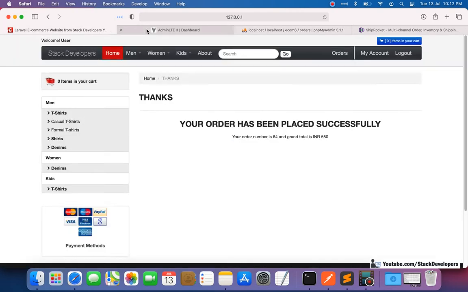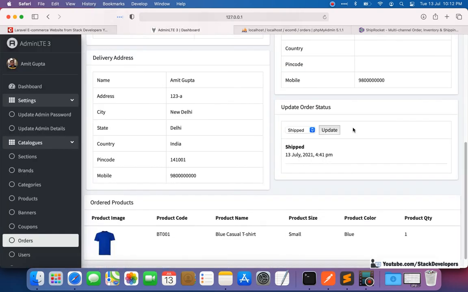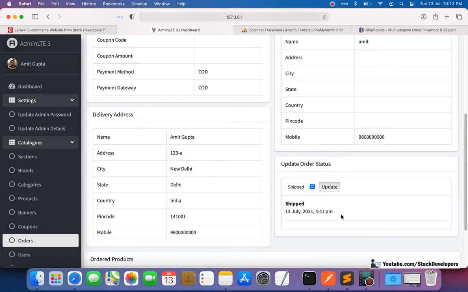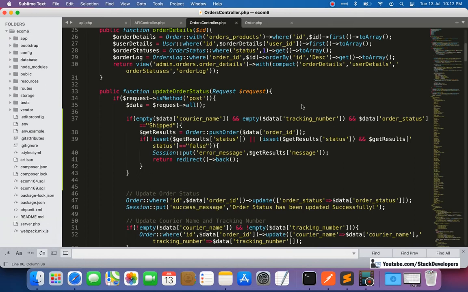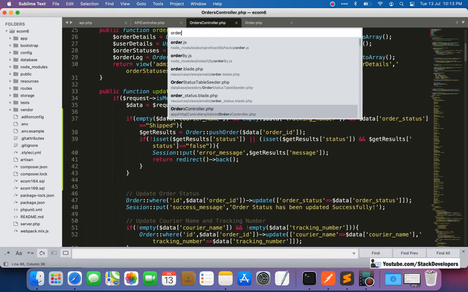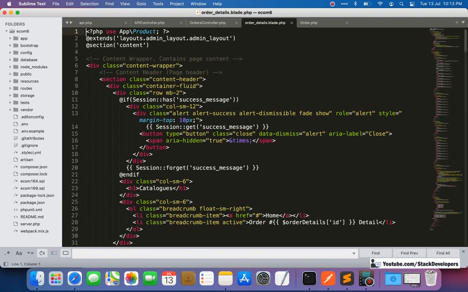So for that we can also add something here along with the ship status. We can mention here that the order was successfully pushed, something like this. So we can open order details once, and we also need to do one thing in case of error message: here we need to show the error message.